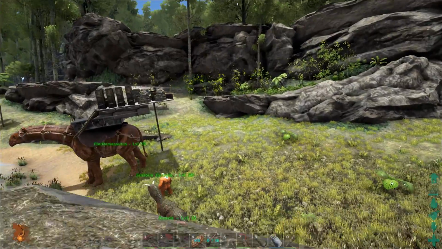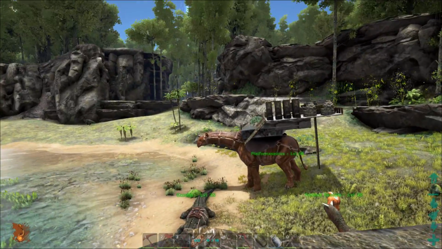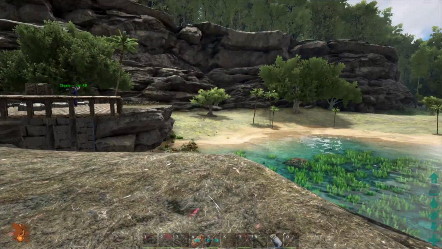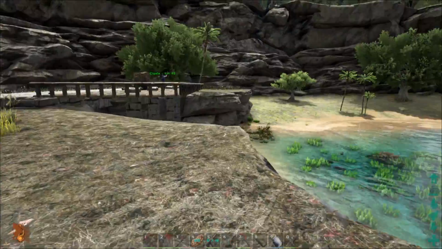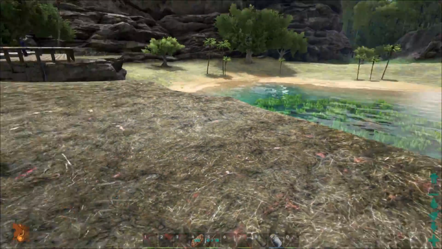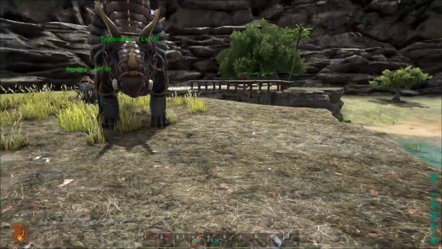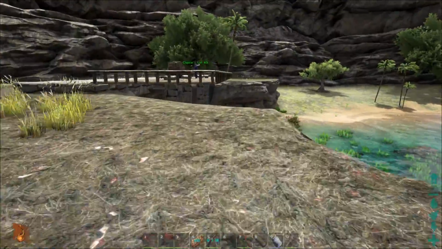There's a nice flat rock right there we're looking at. There's another nice flat rock over there, a little shelf over there. This whole area is just amazing with good spots to build. Might build a hangar over here, right where I'm standing, because you got a little cliff area. We don't need it for the house, but a little platform hangar where we can store our flying dinos would